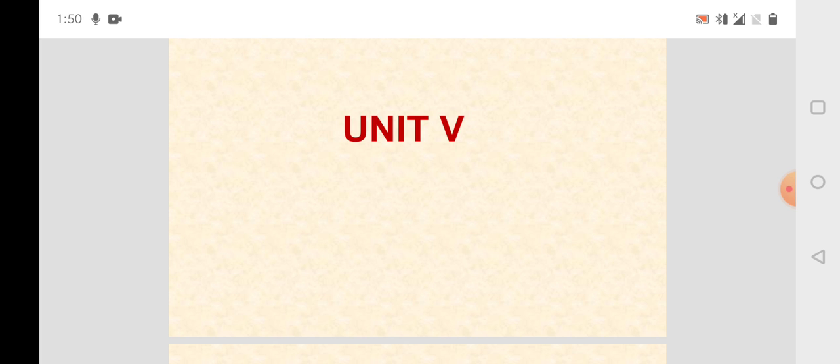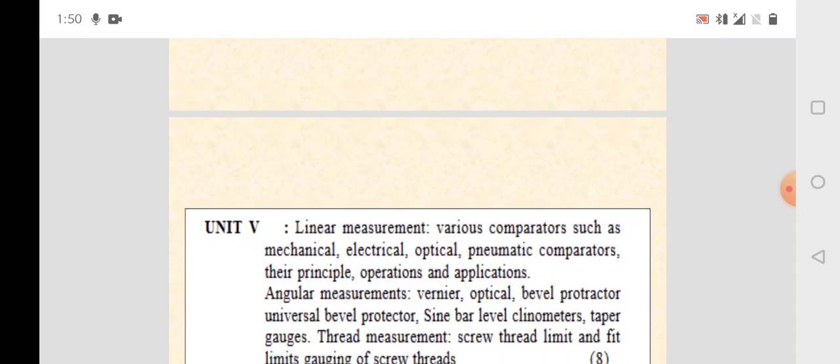Next unit, that is unit number 5, is on measurement, that is linear measurement and angular measurement. The first part of this unit number 5 is comparators. As the name indicates, what does comparator mean? It only compares the unknown dimension with the standard dimension or the master dimension, the basic